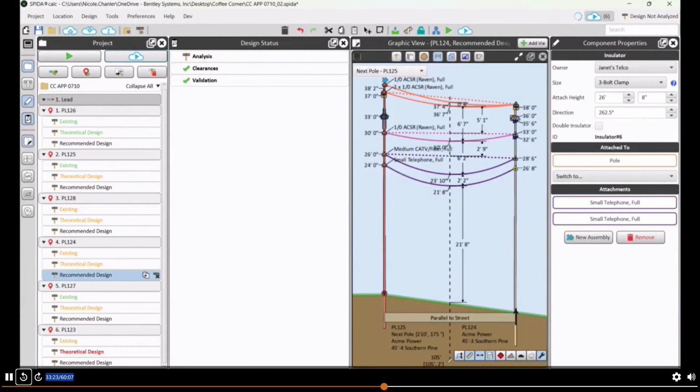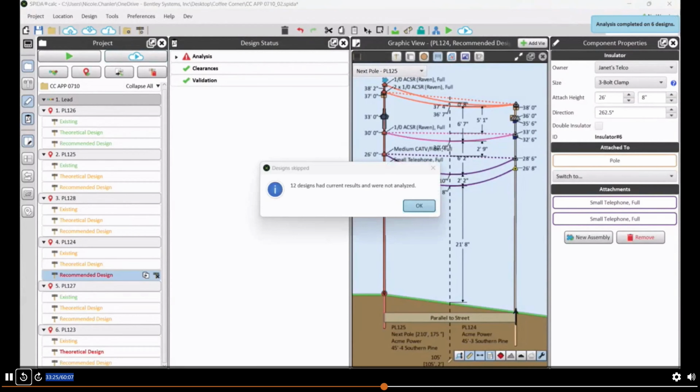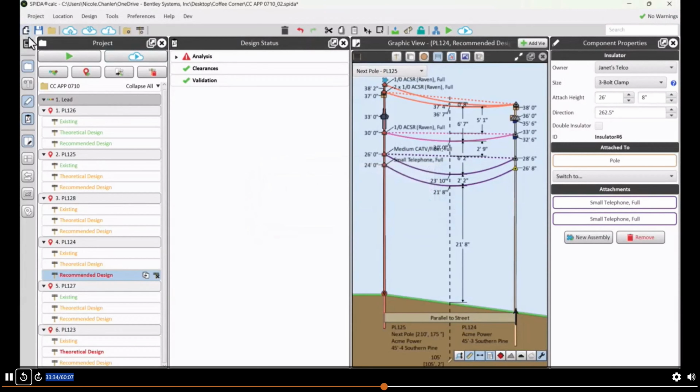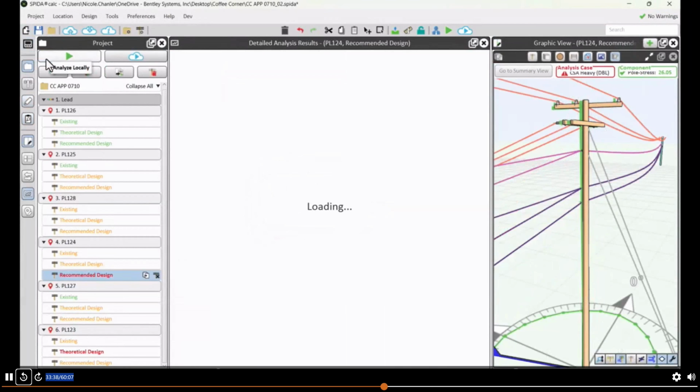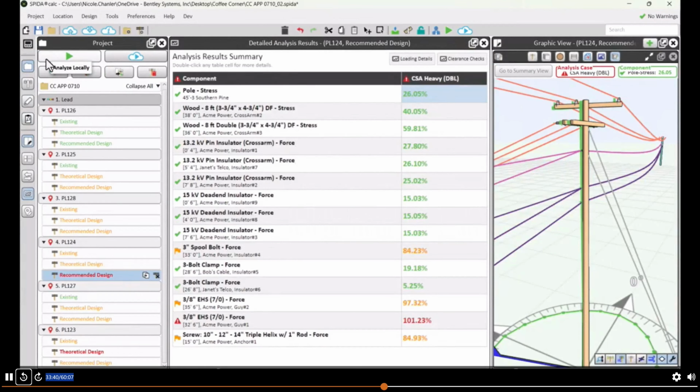Next, with our analysis complete, we can take a look and we see that our poles are not passing. We may need to add an additional guy to this pole in order to back up our tap going across the water. To do so, I'll go back to my design